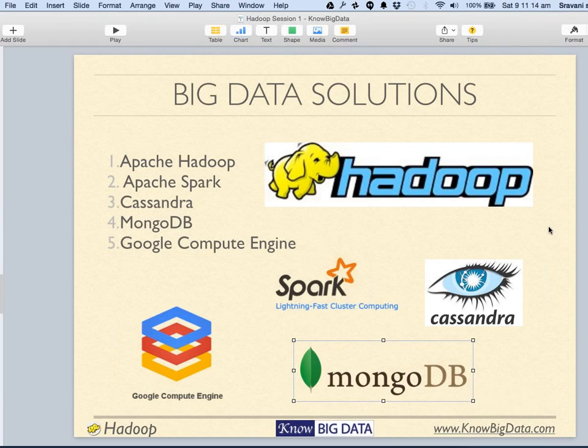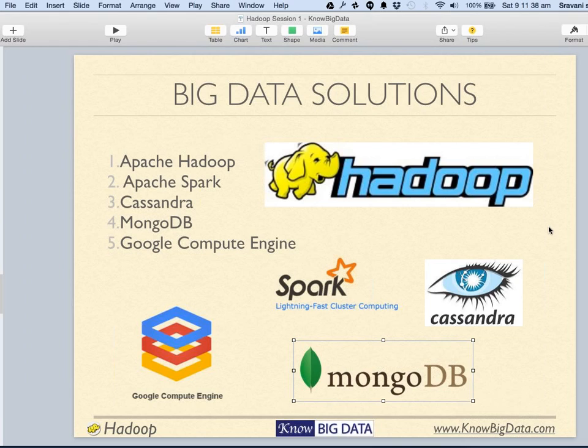Now, Vikram's question is, why does Apache have Spark when Hadoop is all encompassing? Hadoop is all encompassing in the sense that it has MapReduce. Spark was a faster form of computing as opposed to MapReduce, and that's where Apache absorbed Spark into it.